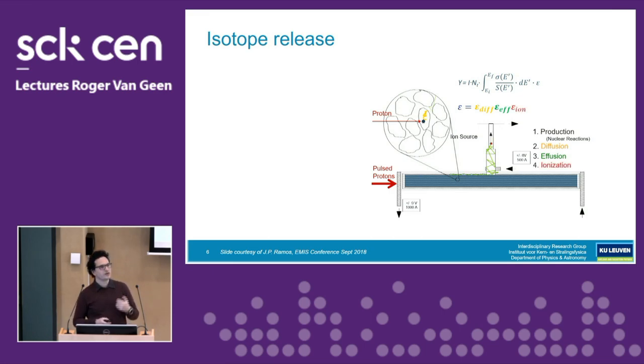Finally, you have to create an ion. This is also not something that is guaranteed. This is something that comes with its own efficiency on top of it. And then you have to separate those isotopes and transport them to their final experiment. And that means at each stage, you may have quite a lot of losses. So you see how the efficiency of every step is going to be crucial in order to have a high